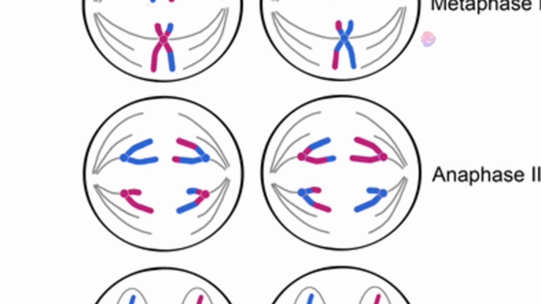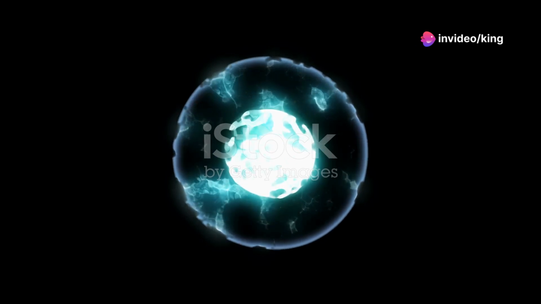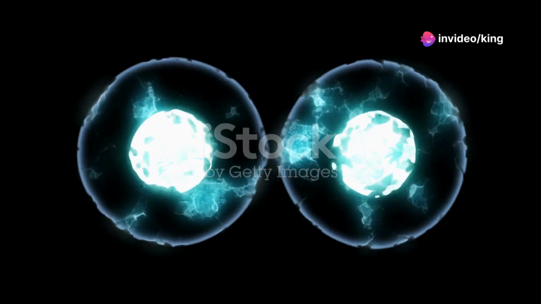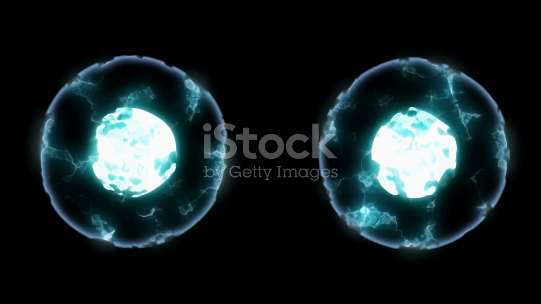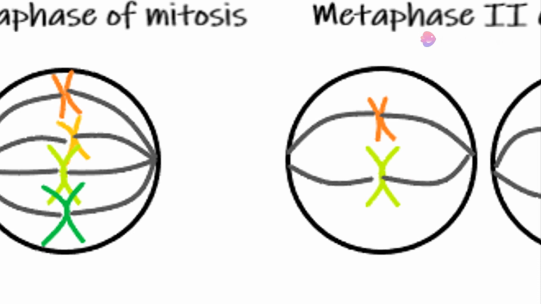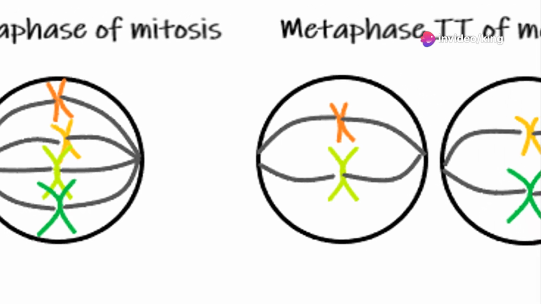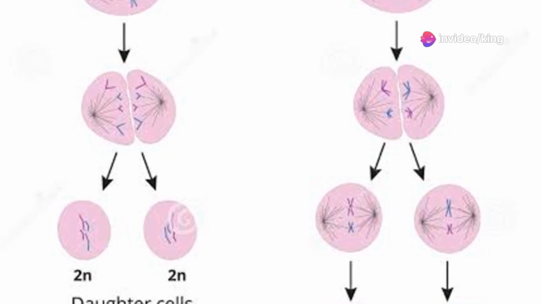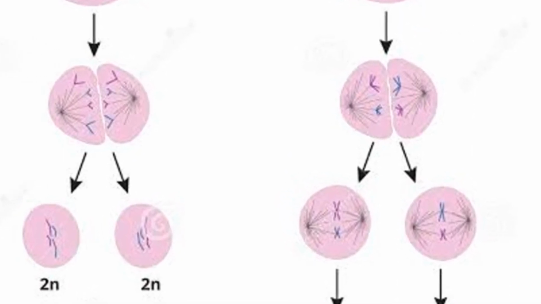The metaphase II sees chromosomes lining up at the metaphase plate once more. In the anaphase II, sister chromatids separate and are pulled to opposite poles of the cell. Finally, in the telophase II, chromatids arrive at opposite poles, nuclear envelopes reform, and cytokinesis occurs, resulting in 4 haploid daughter cells. Each of these cells has half the number of chromosomes as the original parent cell, a key factor